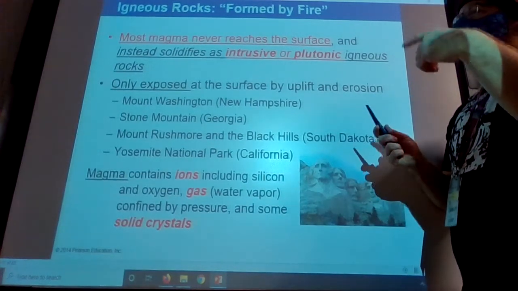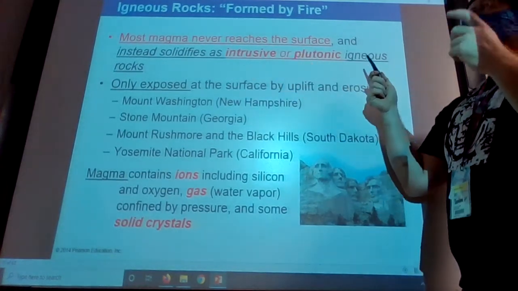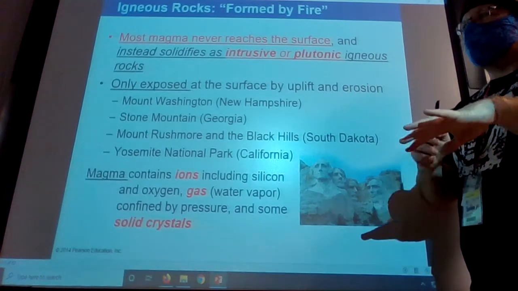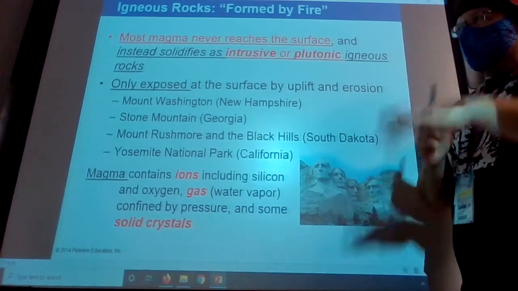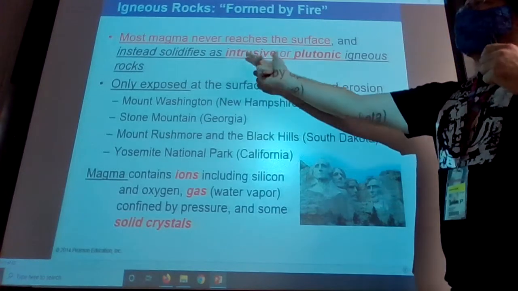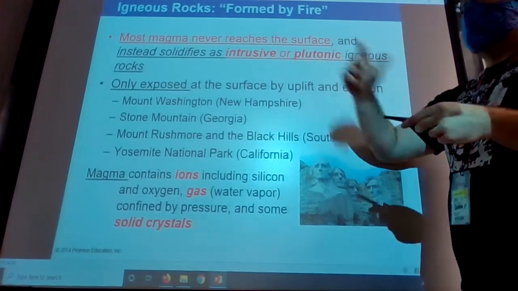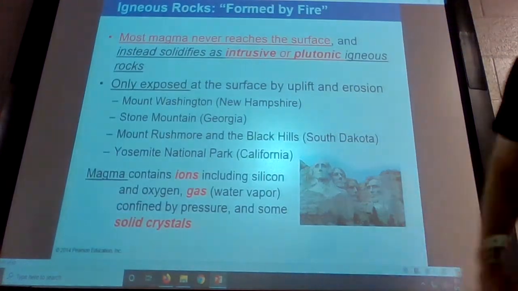So remember, I mentioned this already. Most magma never reaches the surface. It stays underground and it cools as an intrusive rock. So they call that intrusive or plutonic. And when they say plutonic,